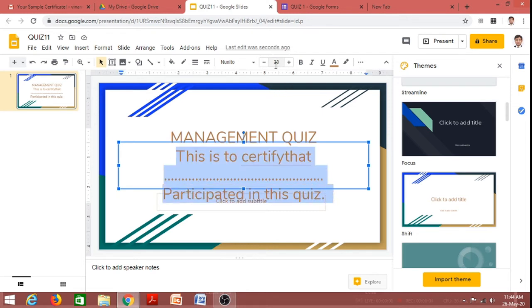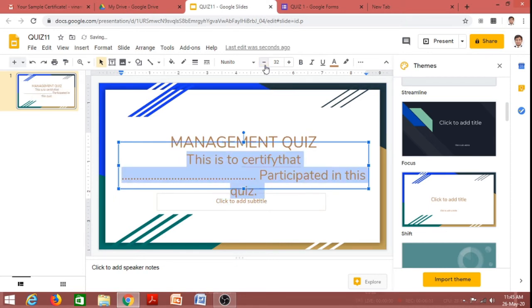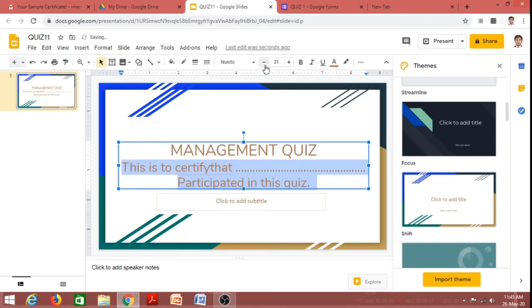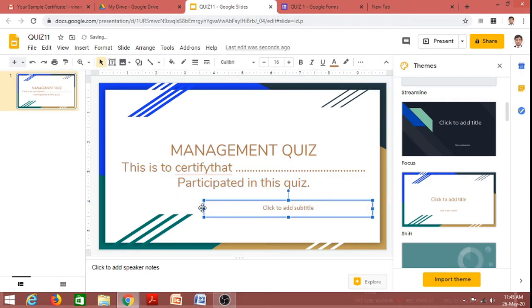You just need to select. If you want to decrease the font, there are a lot of options available. You can explore. That is very easy, not a difficult task. Now there's one more text box available. For example, I put this particular text box to assign the name and the sign of the person who is